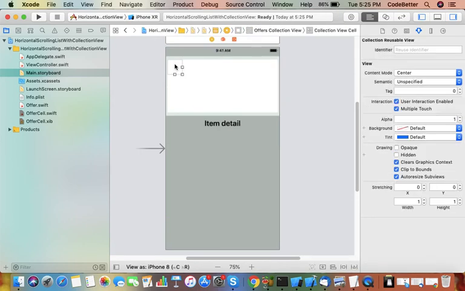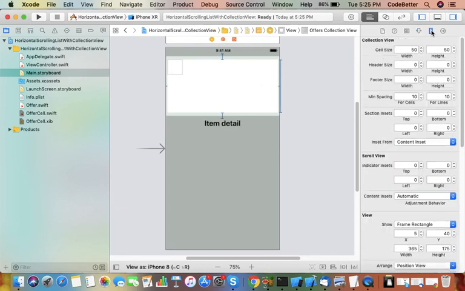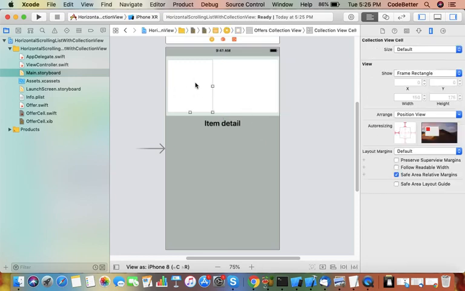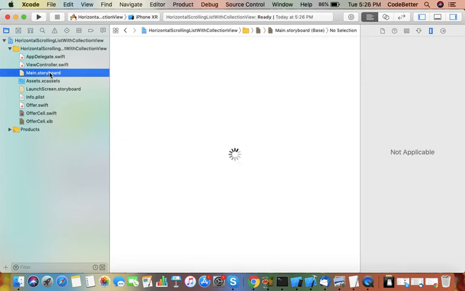Okay, what you do is you select this cell from here, or you can also select this collection view and go to its properties, and here in the size inspector properties, you have to change the size of the cell. So the size of the cell is, width wise we have kept the width 150 and height 175. Okay, so that the height and width of the default cell provided here is equal to the height and width of the XIB cell.